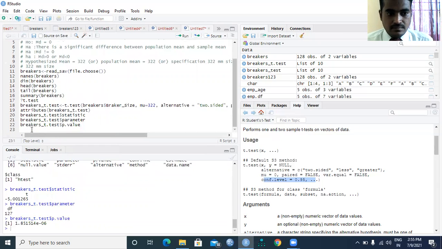The p value, right? 1.851514 e to the power of minus 06 means six zeros, 0.0000018515, right? That is a significant value. There is a significant difference between sample mean and population mean.